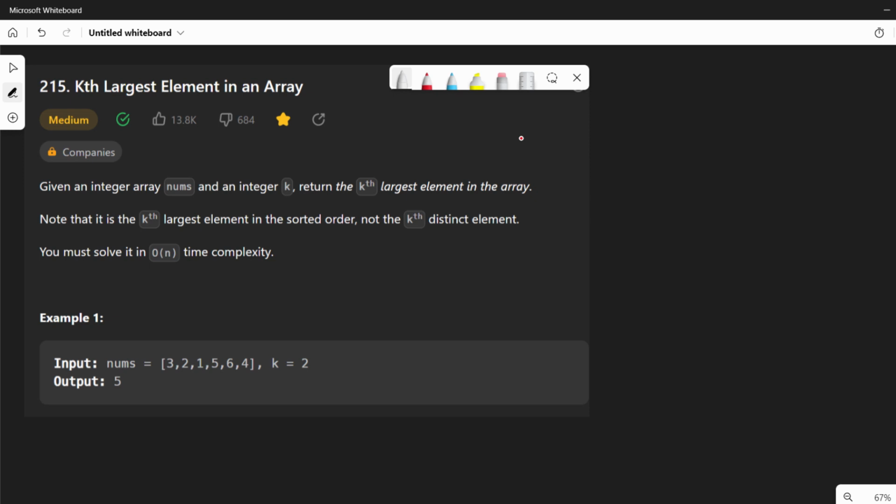Okay, so today we're looking at another interesting problem called kth largest element in an array. Essentially, we're given a nums array and an integer k, and we're told to find the kth largest element inside that array. So taking a look at example 1 here, we have the following nums array, and we're told to find the second largest element. It's pretty easy to tell that the return value should be the number 5 here,